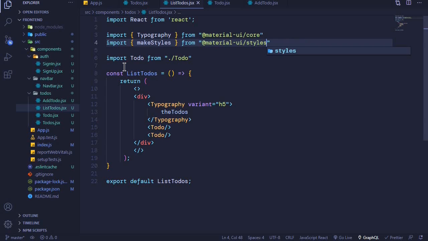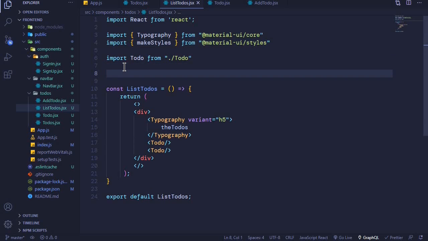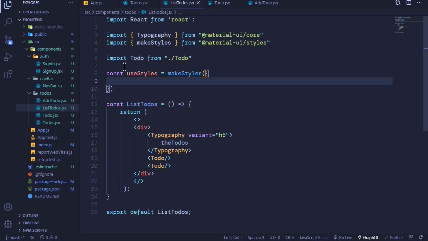And then before our component here, I'll create a constant called useStyles, and then we invoke our makeStyles hook. By now you are used to this. We invoke it and pass an object, I will use todosStyle as the key,